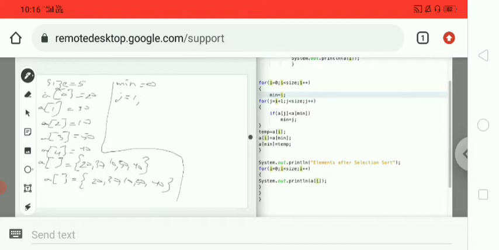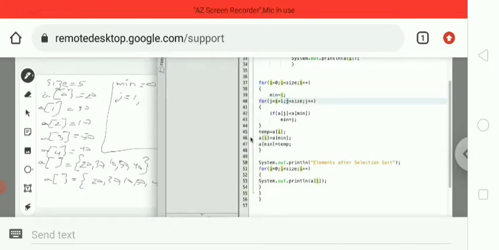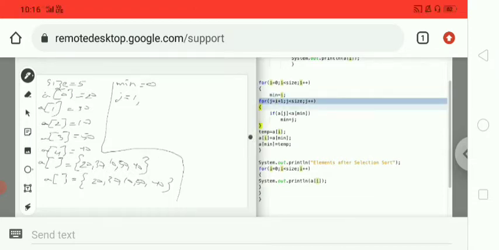Now I am explaining this for loop. j is 1, 1 less than 5, the condition is true, so it jumps into the for loop. That means if a of j is less than a of min, where min is 0, so a of 1 less than a of 0. Here a of 1 is 30 and a of 0 is 20.